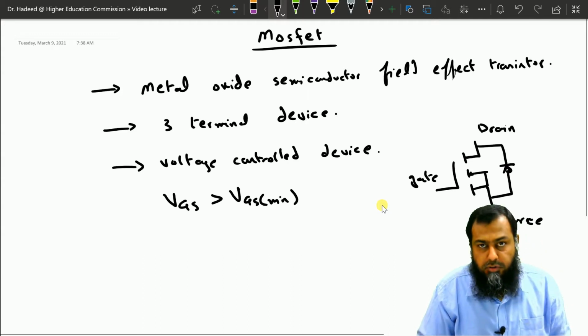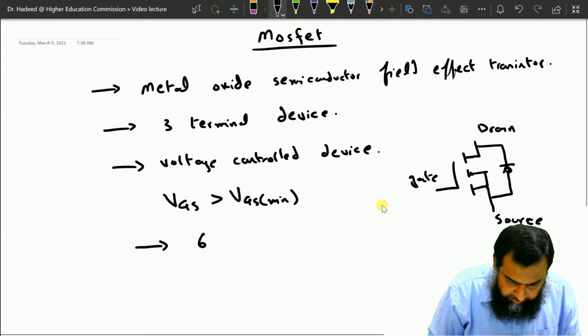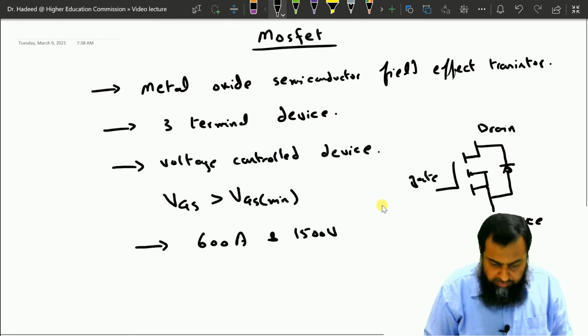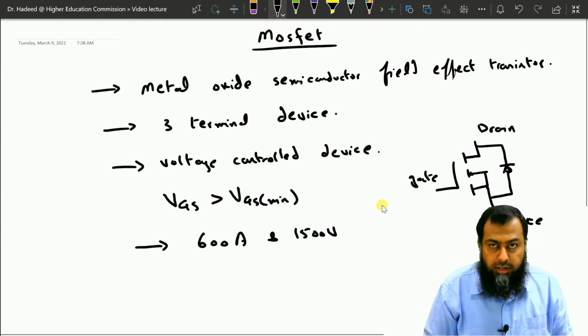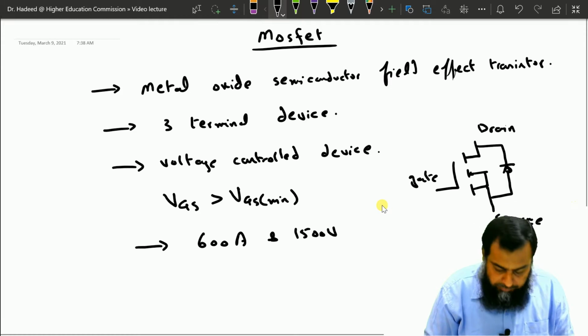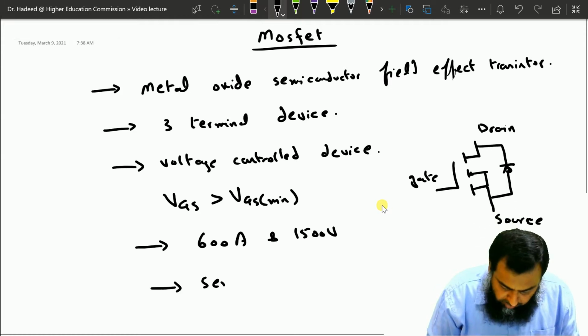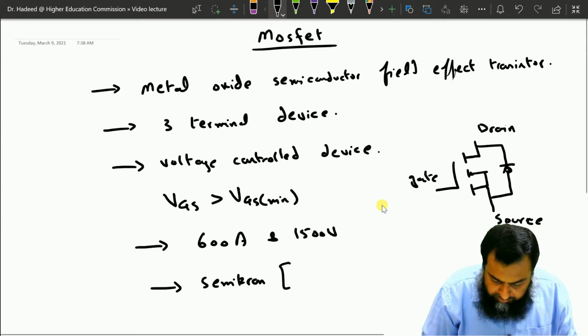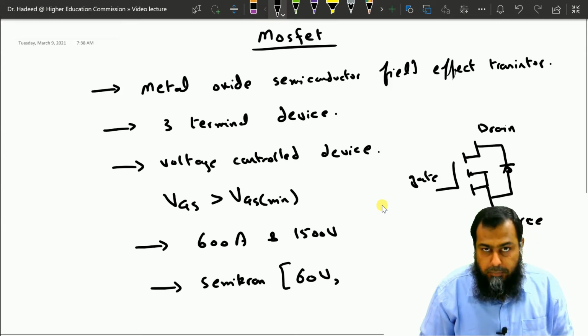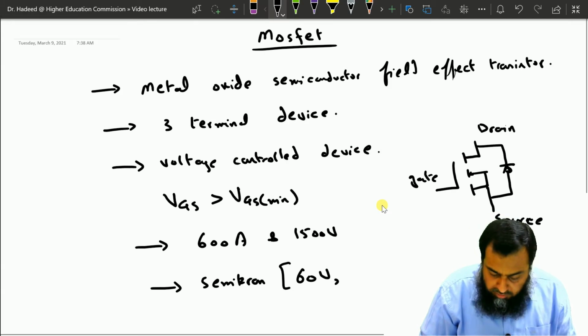You can read much about this body diode and the internal construction of a MOSFET in the electronic books. Typically, they are available up to 600 ampere and 1500 volt rating. They are also available in high current and low voltage application. For example, Semicron has manufactured a MOSFET that is able to work at 60 volt but can carry a current of